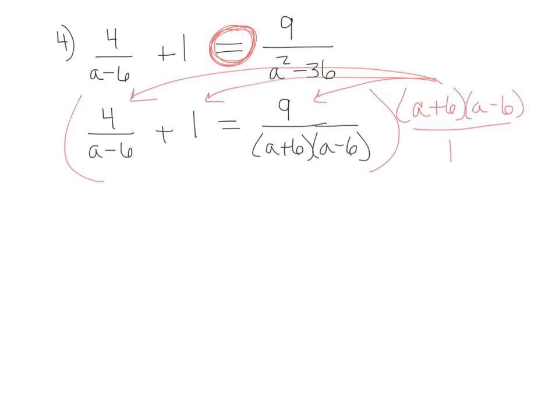Okay, here we go. When you take these two quantities multiplied by this fraction, the a minus 6 will cancel with the a minus 6. You'll be left with the 4 and the a plus 6. Plus, because of that, now 1 times a plus 6 times a minus 6,